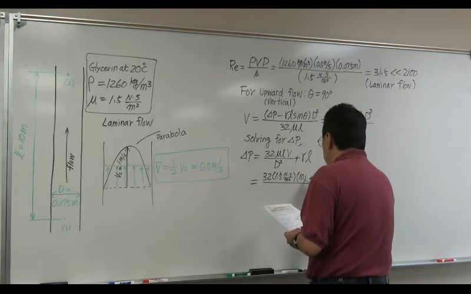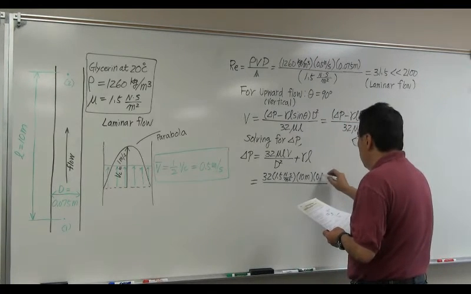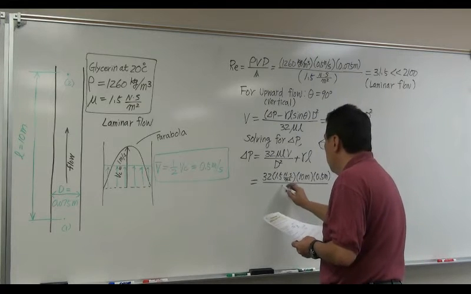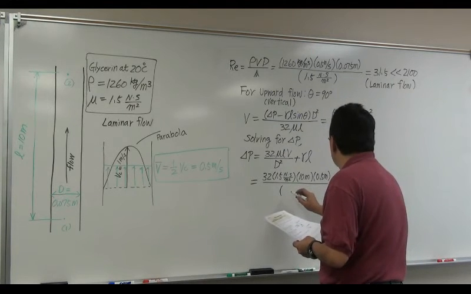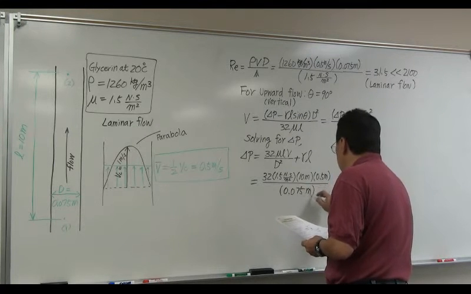Length is 10 meters. Velocity, let's use average value, 0.5 meter per second, divided by diameter 0.075 meter. This thing squared, plus